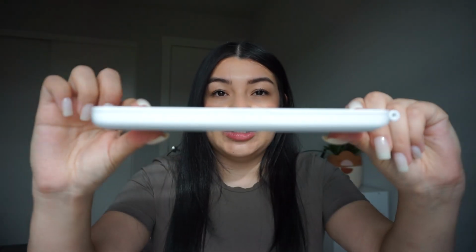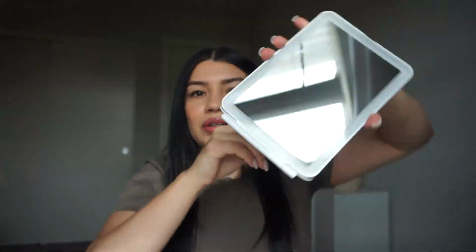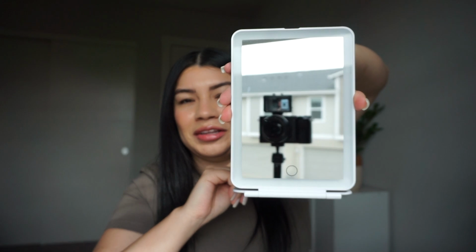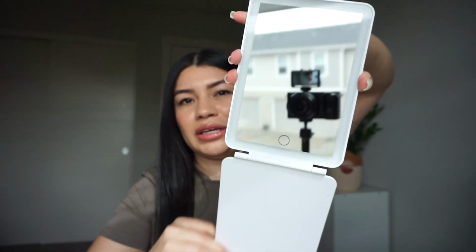Okay, so this, I feel like every time I've gone to hotels, Airbnbs, even our house in Mexico, because it doesn't have the best lighting, I'm always looking for a mirror. Whether I'm sharing a room with girls or with my boyfriend and maybe he's in the bathroom showering, using the bathroom, whatever, I am always in need of a mirror. So I bought this super compacted mirror, and this is what it looks like. So you can turn it around and there's my camera, but this is what it looks like. There's this bottom plate to it that you can adjust as needed. And it does 3 different types of lighting. So you have that one,